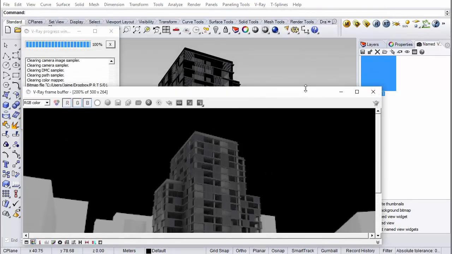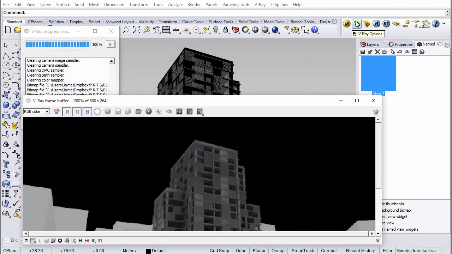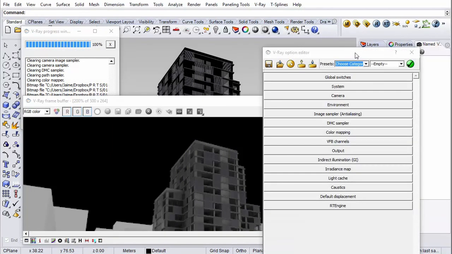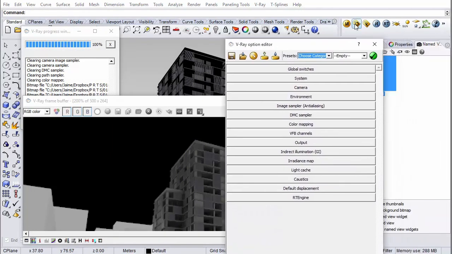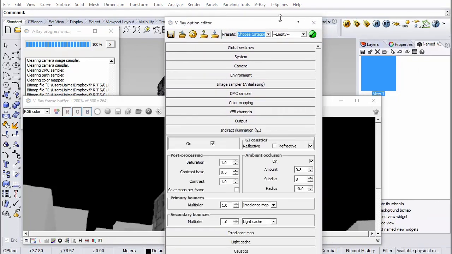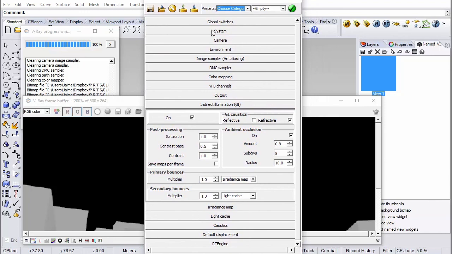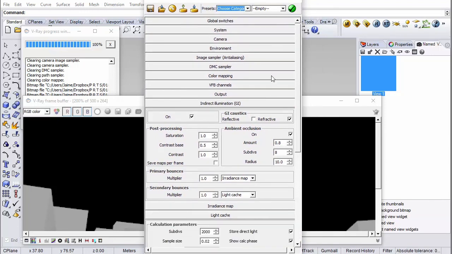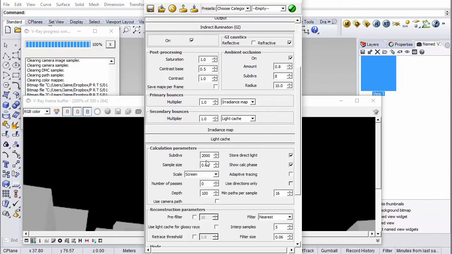So what we should be doing, I'm just going to go to the options again, and before the render is final, under light catch, you want to change the subdivisions from 2000 to 800, because otherwise you're going to be sitting here for ages like I have.